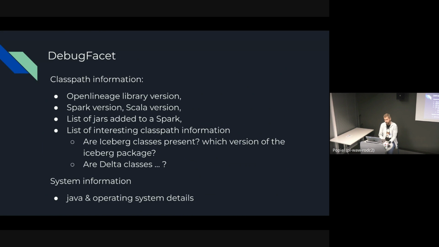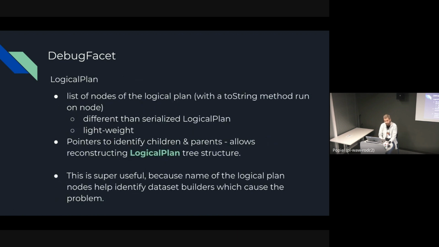within the running job. So do you have Iceberg classes present on your class path? Which version of Iceberg package do you have? The same for Delta, the same for, I think, BigQuery connector. We also want to know what Java and operating system details you have. And this is something that you can enable out of the box with the facet and don't need to verify it on your own. The other interesting thing contained within it is some shortcuts, some abbreviation of the logical plan,